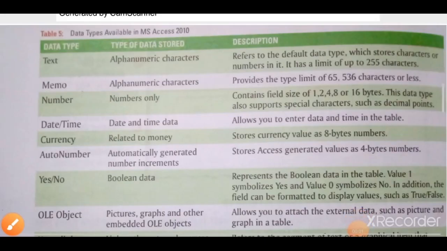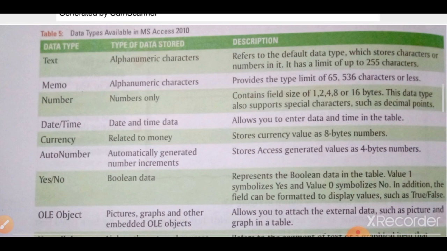In this session I will discuss the data type. So what is the data type? Data type defines the type of data that you are going to store in the columns. So first of all you should understand various types of data. For example, if you are entering the name, then the name is in the form of text, in the form of alphabet. If you are entering the roll number, it is in the form of number like 1, 2, 3, 4, or it is a combination of the alphabet and the number.